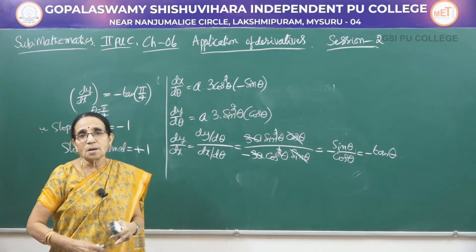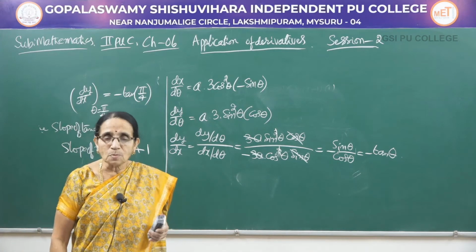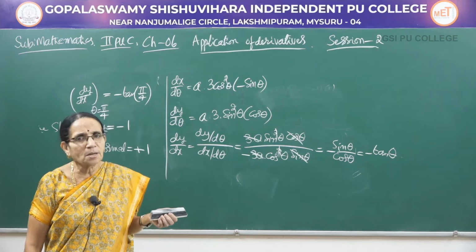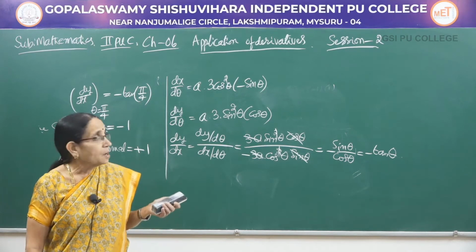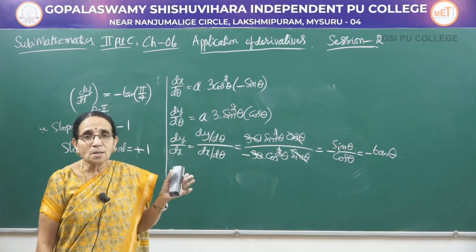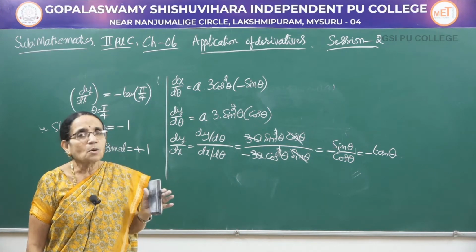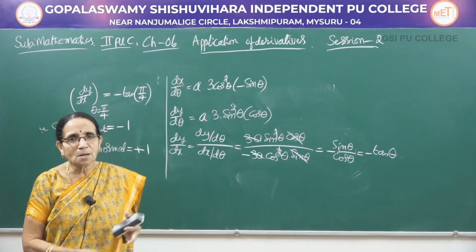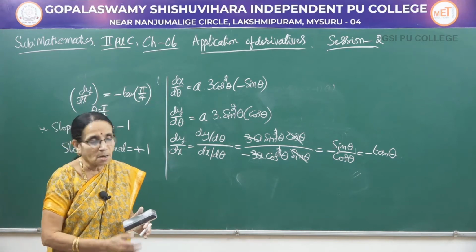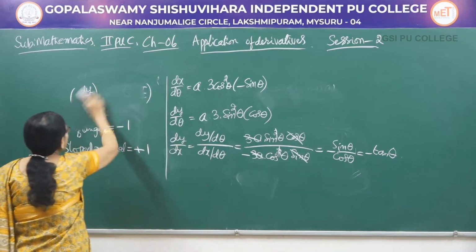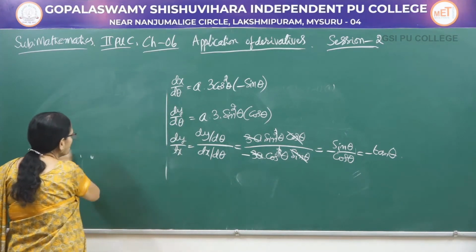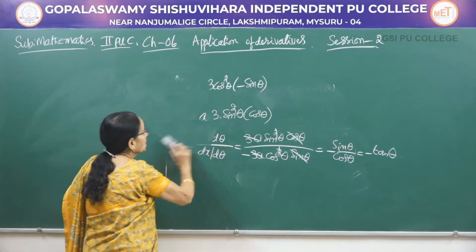So read the question correctly, because for a 1 mark question, usually these are 1 mark questions only, if you write only the slope of the tangent, you will not be getting any mark, because in mathematics we don't allot half mark here. So you have to be careful about the problem that has to be copied properly.